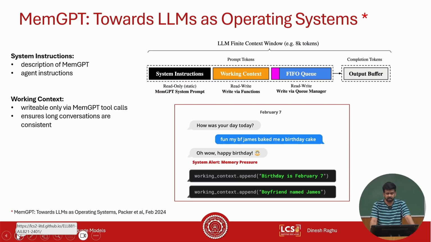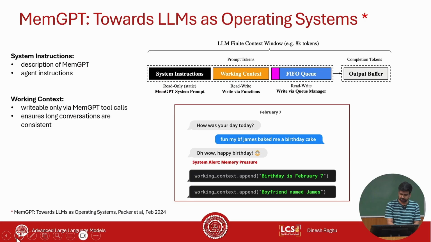For example, here it says, how was your day today? I had fun with my boyfriend James, he baked me a nice birthday cake, and it says happy birthday. And now there is an alert that goes to the system saying that your context window is almost full. So now when it has to purge some of the old utterances, it's good that it remembers certain things. Like here it knows that February 7th is the birthday, and the boyfriend's name is James, right? So this will go back to the working context, and you can purge some of the